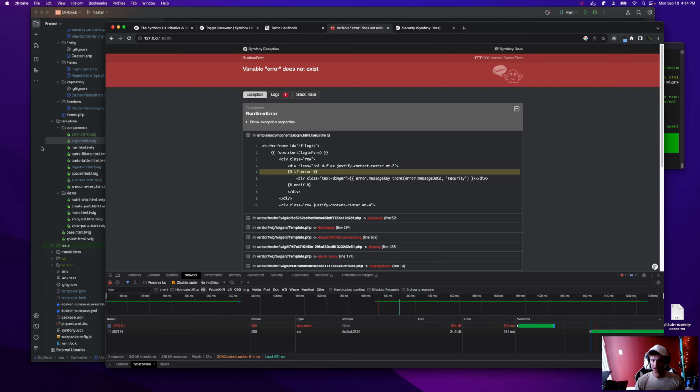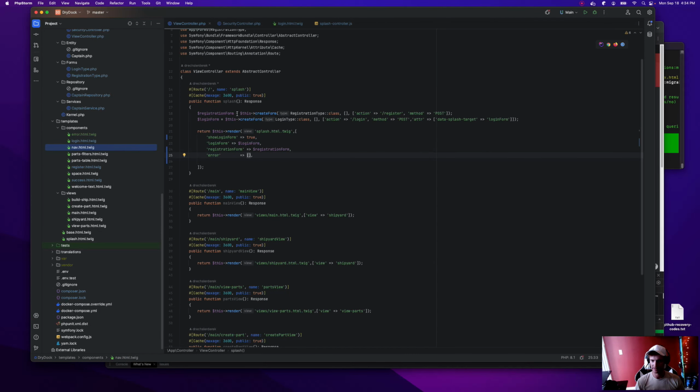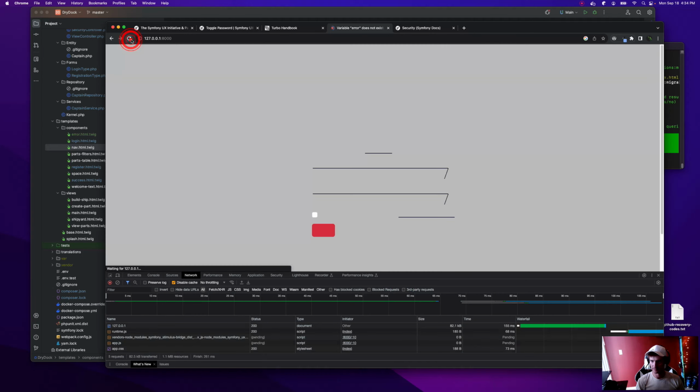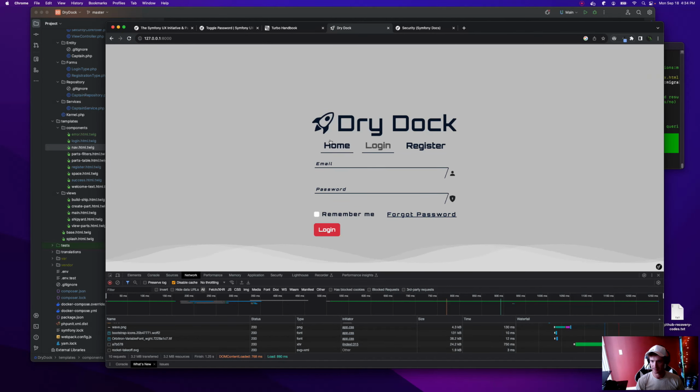What we really should have, instead of putting that there, is the check in the twig. It's not empty. I think we can do that. Yes, we can.